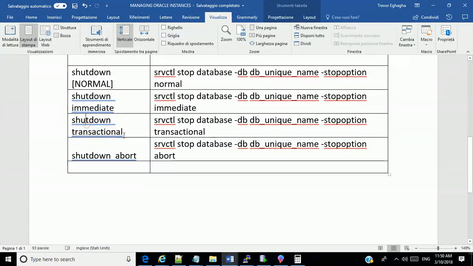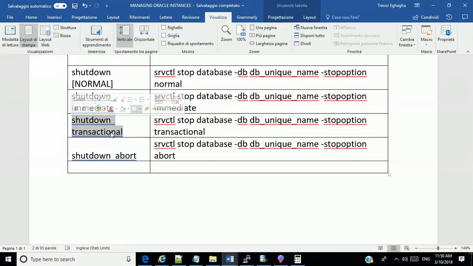Very important, shutdown transactional. If you are working in a very delicate environment and you want all transactions to finish in a very clean manner, you don't want to cut people off, you can run the shutdown transactional command. If somebody has started a transaction, it will ensure that the transaction finishes before it shuts down.